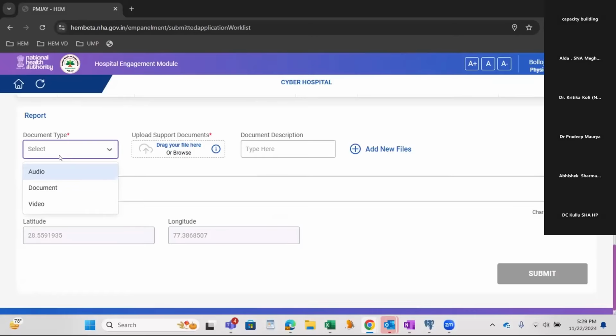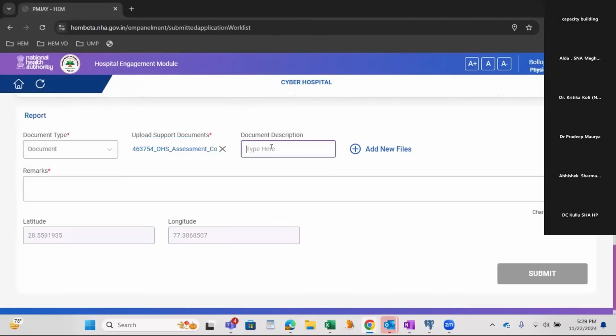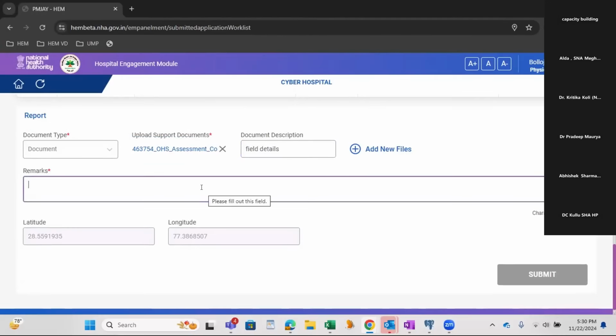Now he has to fill in all these details, like any document or video he wants to upload from the field. Supposedly I'm uploading a document and I attach the document. Document description is field details, physical verification